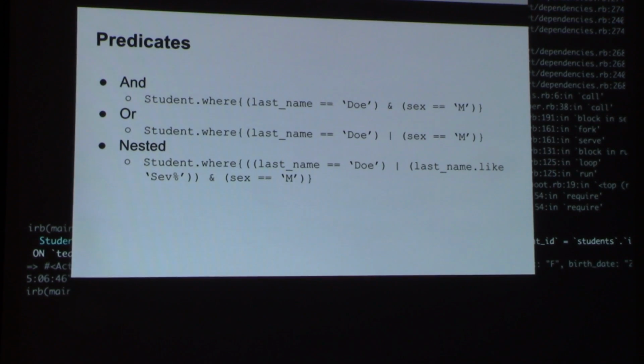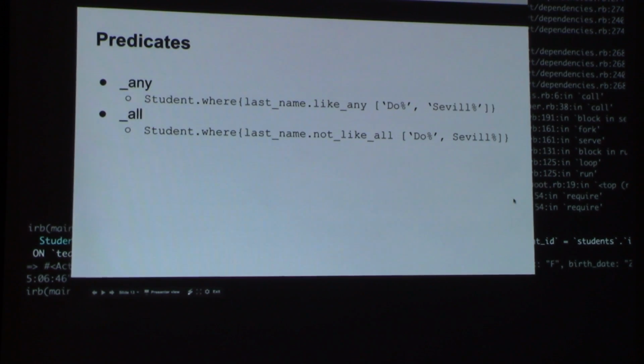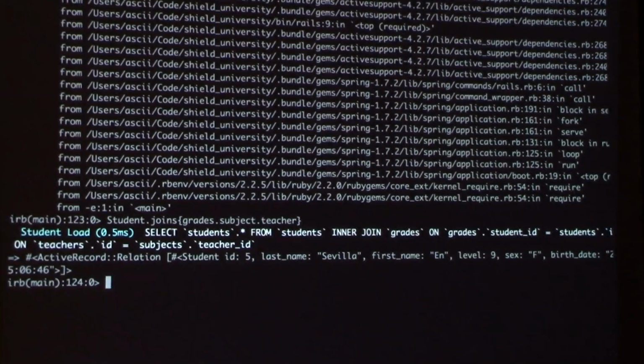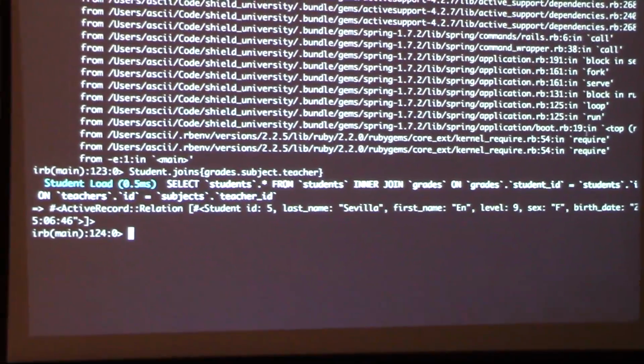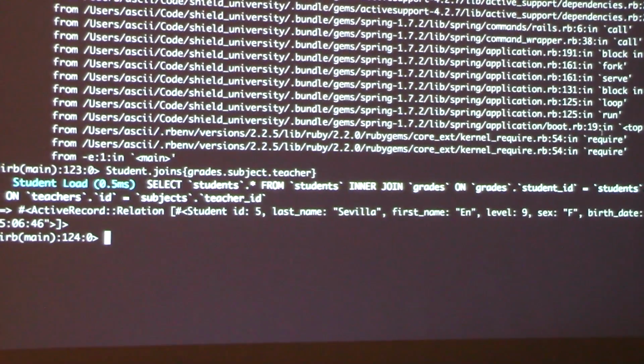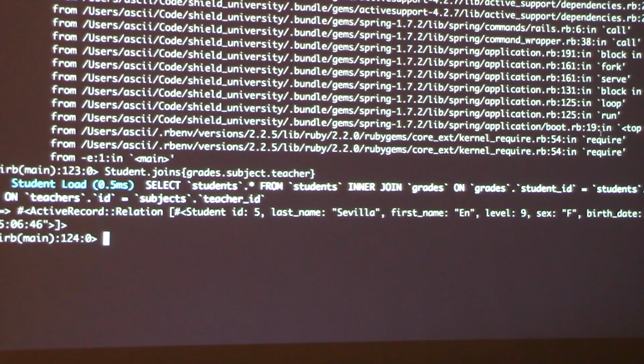Of course, the power of Squeel is that you can actually use in one where statement multiple conditions. So, for example, you want to find a student who's also male.